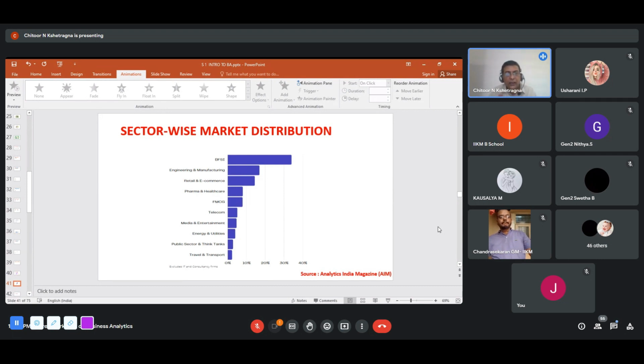So if you're looking at where I can make a career, that's the reason why I keep telling BCom, BBA with an MBA is the best fit to do a course in analytics, for the simple reason that the industries are very close to you. Just think for a moment, where is biotechnology? I just put this question to all of you. So biotechnology is not there at all. Analytics and biotechnology don't go well together at all. Right?